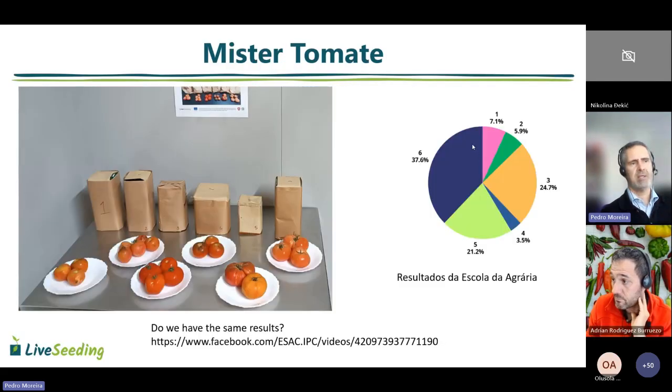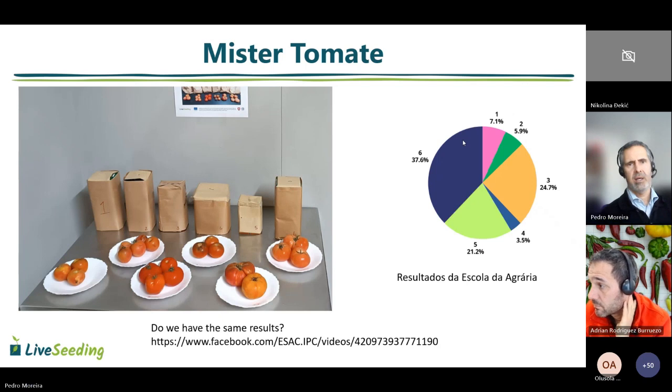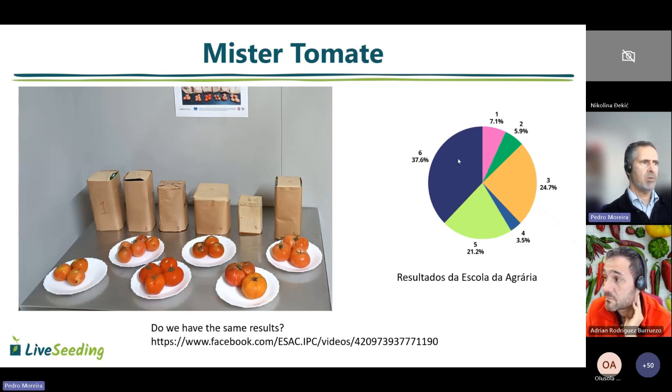Number 6 was the winner in our school when we did these results at ESAC, followed by number 5. This is quite interesting. Sorry, followed by number 3, that was the first one here. So this is quite important because when we are doing some of